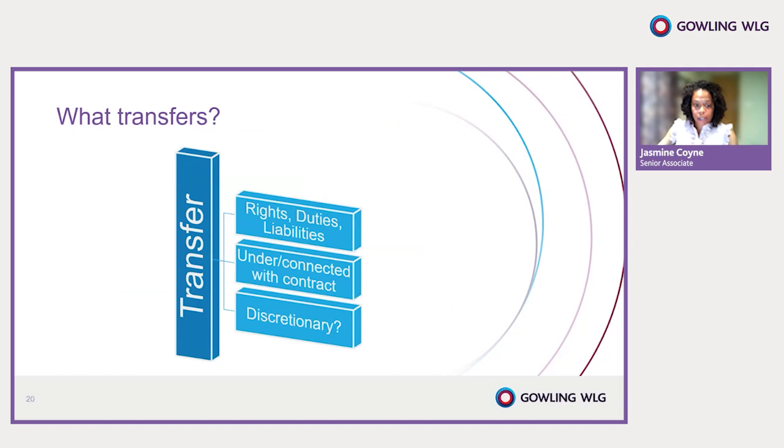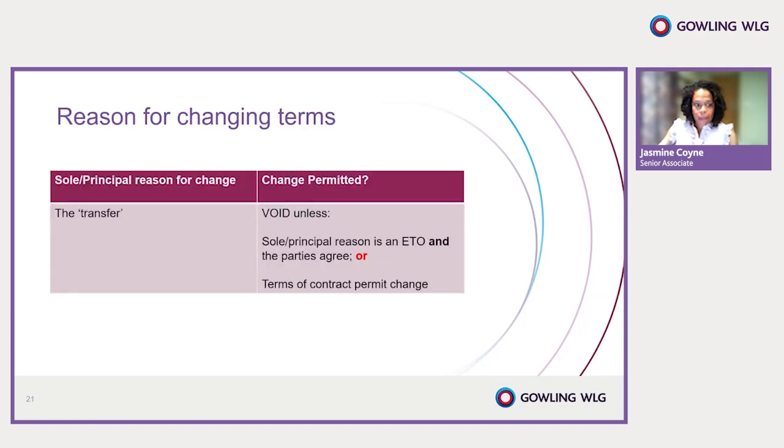So in terms of what transfers under TUPE, this will be all contractual and discretionary / non-contractual terms. And it's important to remember that some terms which were originally intended to be discretionary can become implied into the contract of employment by reason of custom and practice. So it's important to keep that in mind and make inquiries about the employment relationship, as well as relying on the contractual wording. And this distinction between contractual and non-contractual terms is important in the context of TUPE, because TUPE